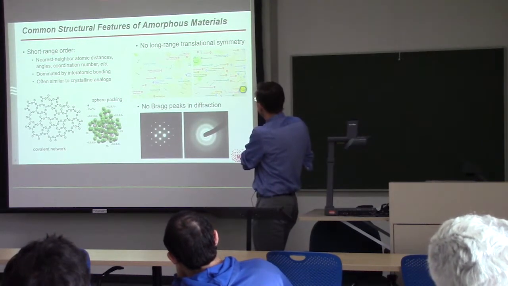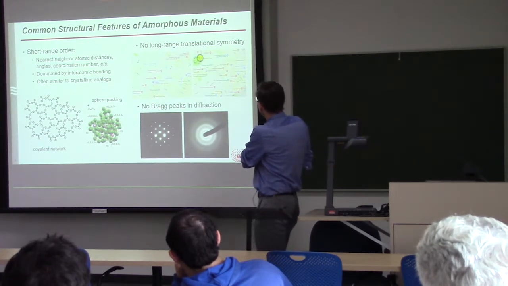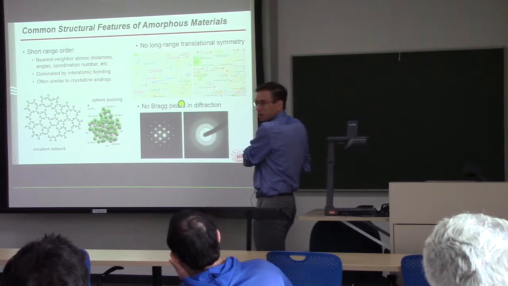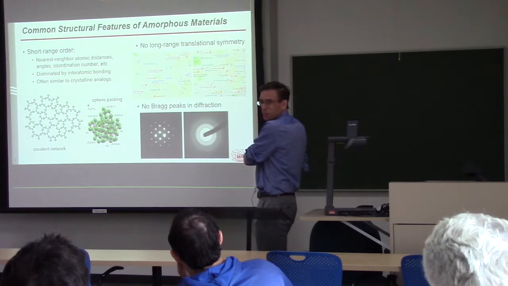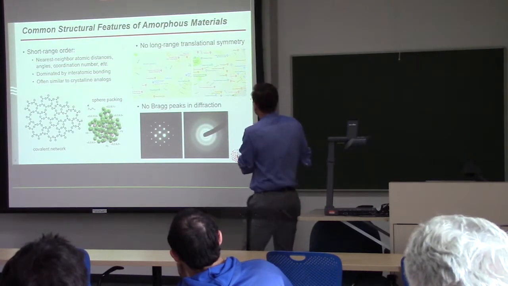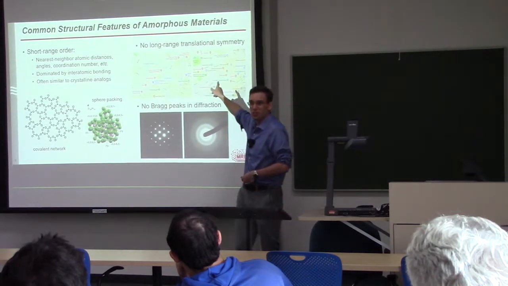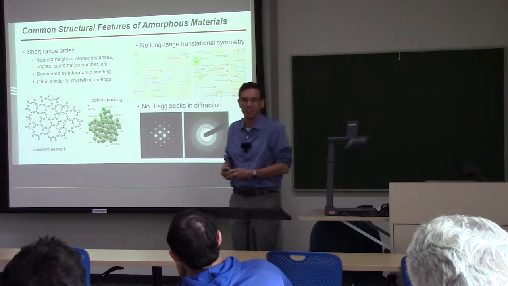slide that compares two cities. It might be hard to see from the back. You can't read it, but maybe someone can name the city on the upper right. What city looks like this? This is a city that has local 3- to 4-fold coordination in the corners of the blocks.